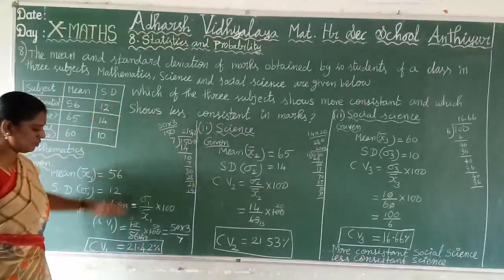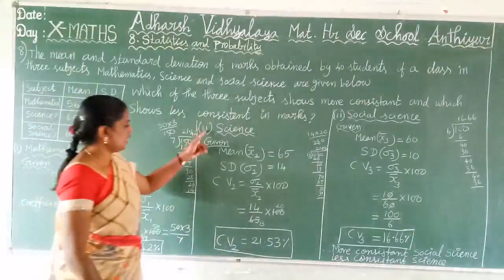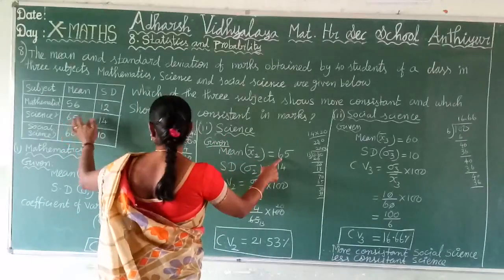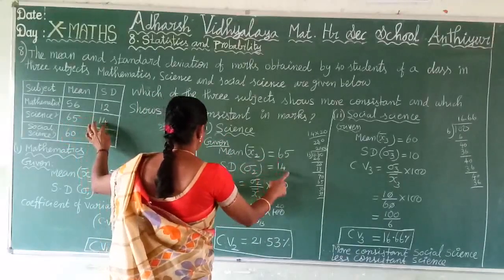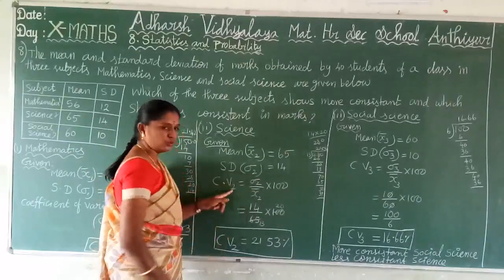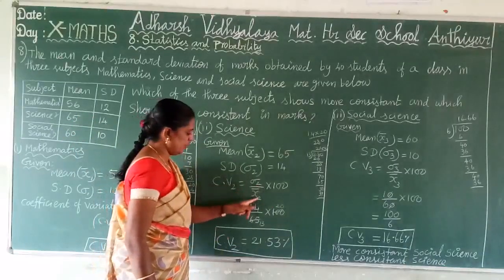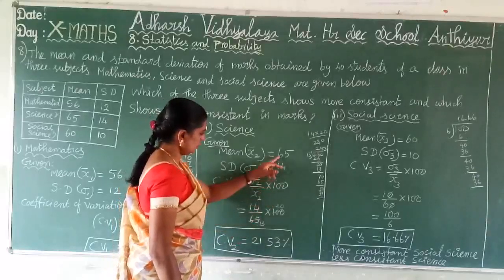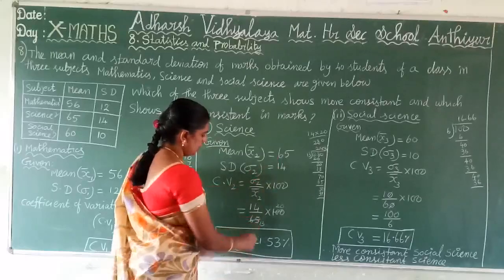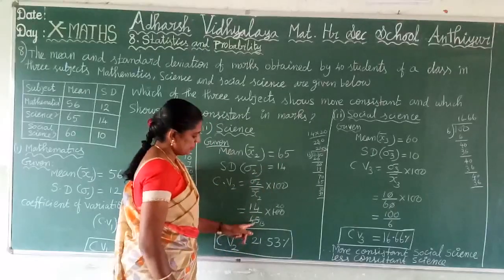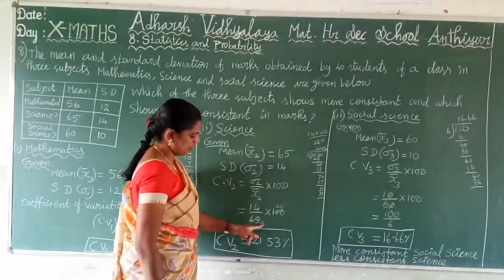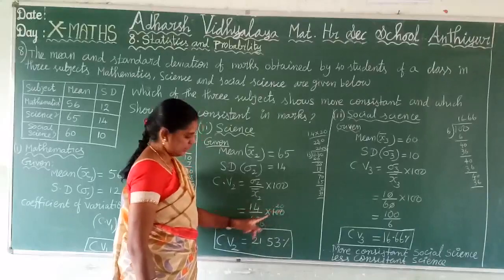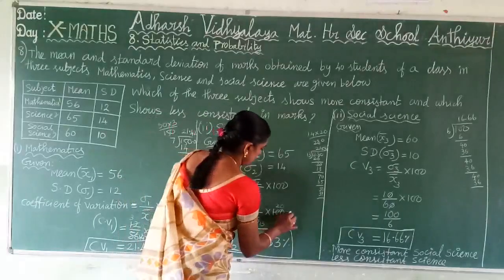Clear? The same thing we have to find for science. For science, given mean x2 bar is equal to 65, standard deviation sigma 2 is equal to 14. And the coefficient of variance 2 is equal to sigma 2 by x bar 2 into 100. Sigma 2 14 by x2 65, and apply the 5 table. 1 5 is 5. 13 5s are 65. Here 2 5s are 10 and 0. So 20. Clear? So 14 into 20